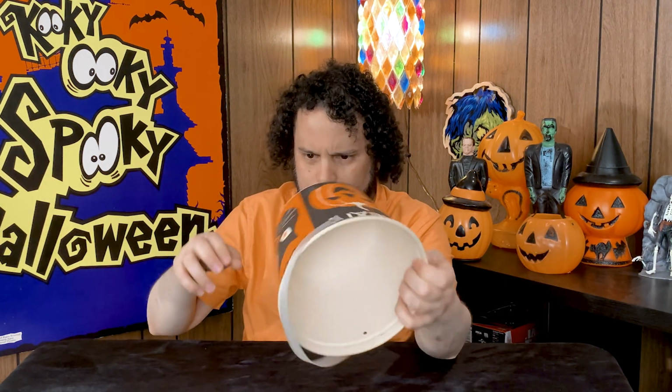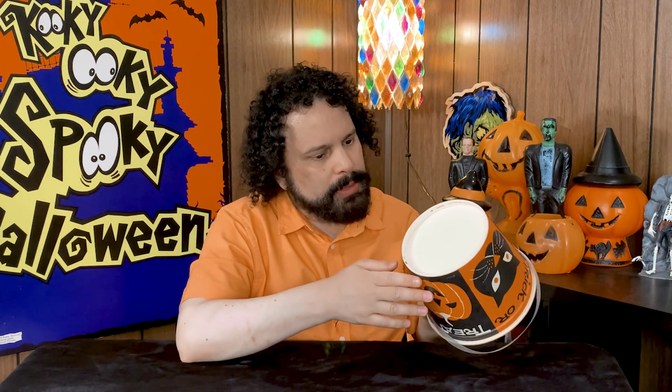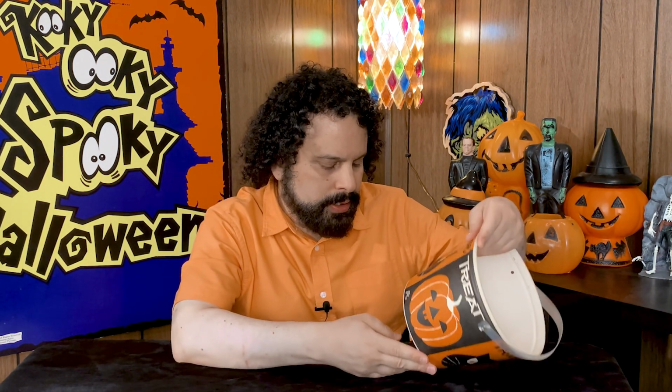Now, this is a candy bucket. Let's see, it does have a maker's mark here. It was made by...